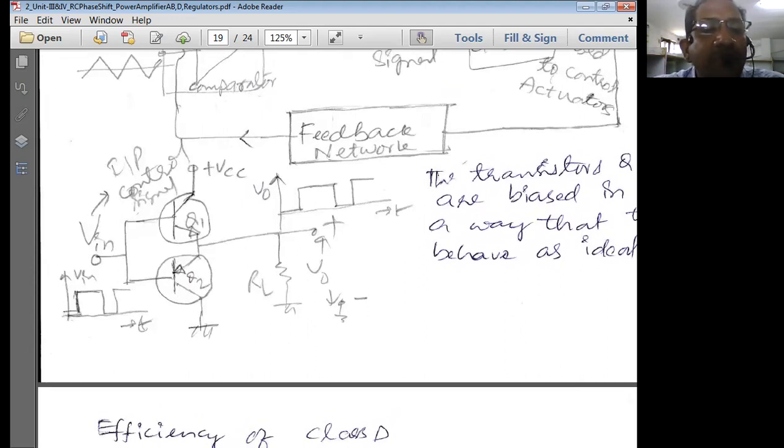The input to the amplifier we apply as a square wave, and the output we get is definitely a square wave. That means if you apply the input as a square wave, we are going to get the output as a square wave. Now, as the amplifier is an inverting amplifier, if you apply a negative voltage, you get a positive voltage output, and if you apply a positive voltage, you get a negative voltage. So basically, we give a square wave as the input and get an inverted square wave as the output. Why inversion?